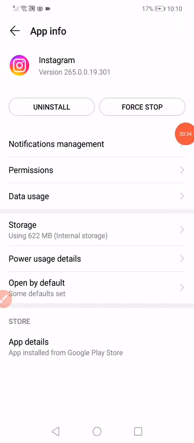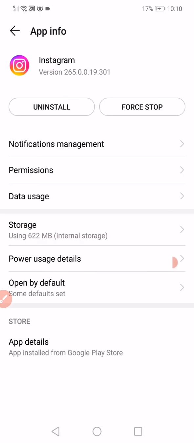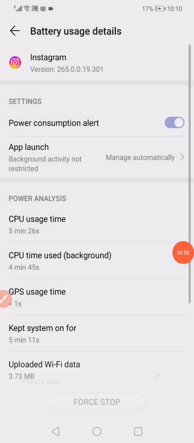Now you have to click on this force stop right here. After you click on the force stop, now click on the storage and click on this clear data and clear cache. Go back again. Now you have to do one last thing, which is click on the power usage details